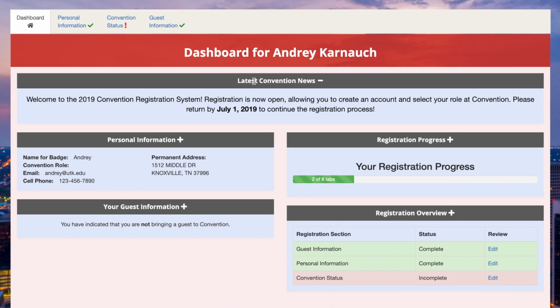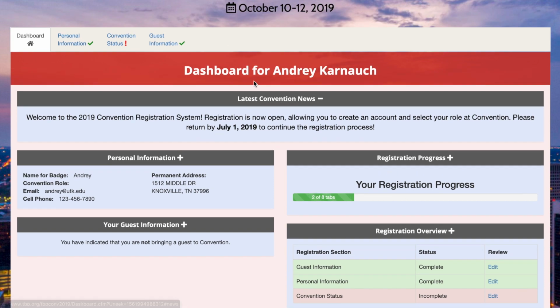Now, as you can see, we have a dashboard that indicates how far we are into the registration process, and it gives us an overview of the tabs we've already filled out. As you can see, our personal information tab is complete since we pulled it from the database. However, you can still go in and edit it. And we also have a guest tab that is complete, and that's because the system defaults to you not bringing